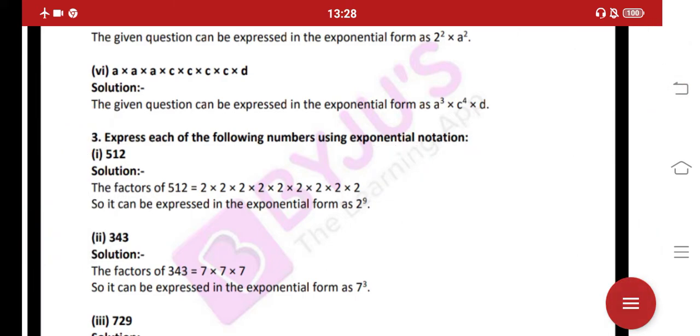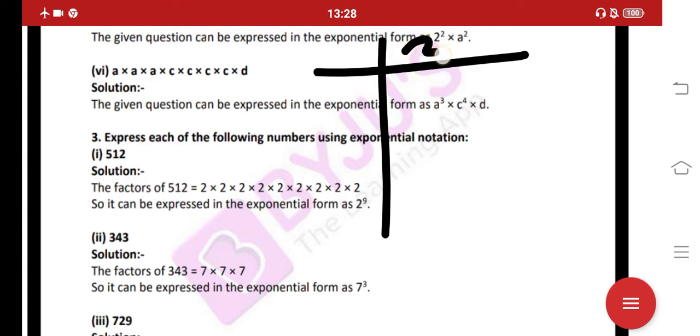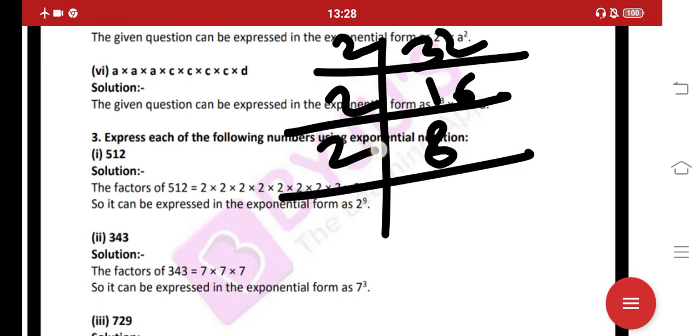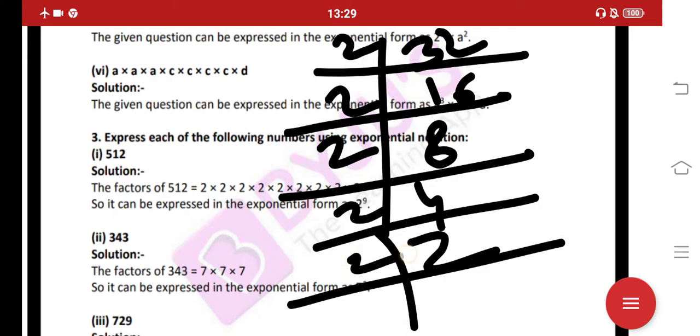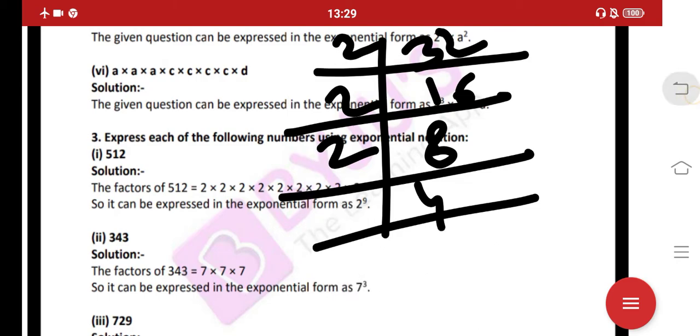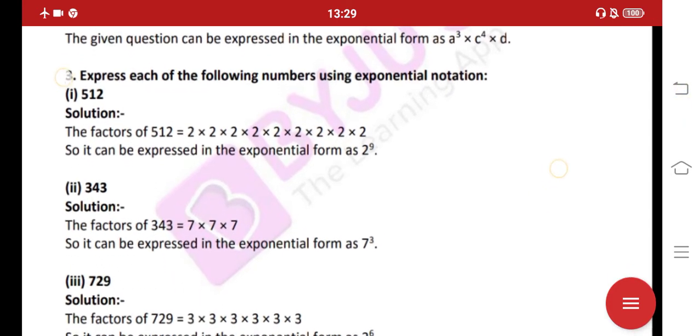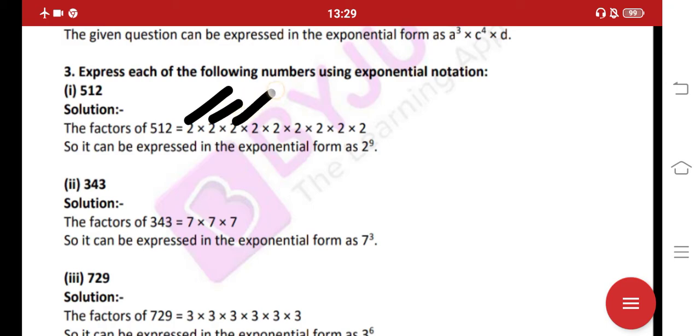Okay, here it is written 32. So what we have to do for 32? Here 2 1s are 2, 2 6s are 12. Here 2 8s are 16. Now 2 4s are 8. Here 2 2s are 4. Last one 2 1s are 2. 4 times 2 we have already solved, and this is 5 times 2. So total how many times 2? Here it is written total 9 times 2. Now count this 2. How many times is it written? See here 1 2 3 4 5 6 7 8 9.